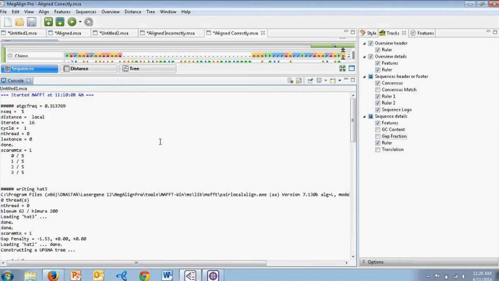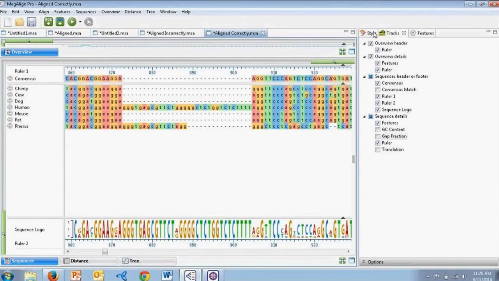So this wraps up our workflow for handling multi-segment files. Now I'm going to move on from that, and I'll demonstrate how to perform a whole genome alignment. For this particular tutorial, the plan is we're going to add 6 different nucleotide sequences into MegAlign Pro, and then we're going to go ahead and align them using the progressive MAFFT algorithm. So I'm going to clean up the screen a little bit here,